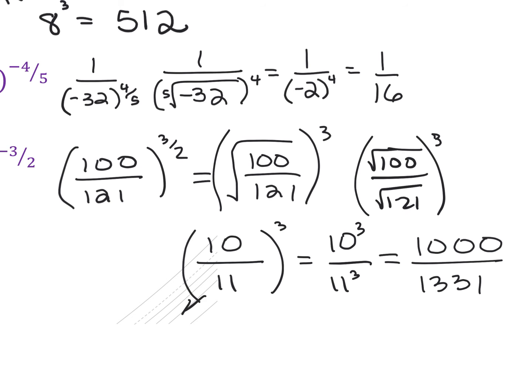If you'd rather think of this as 10 times 10, write it 3 times. But just remember the power will go to each piece, the numerator and the denominator. And then you'll multiply it out. The first step, 100